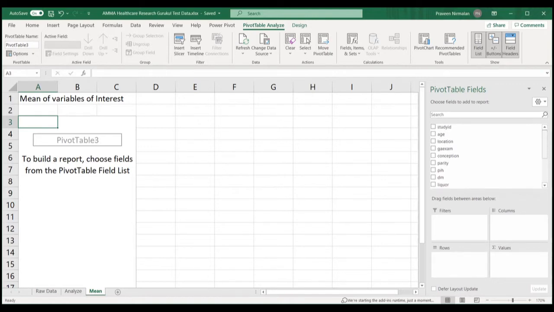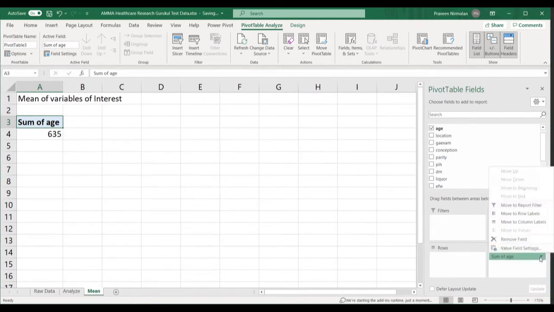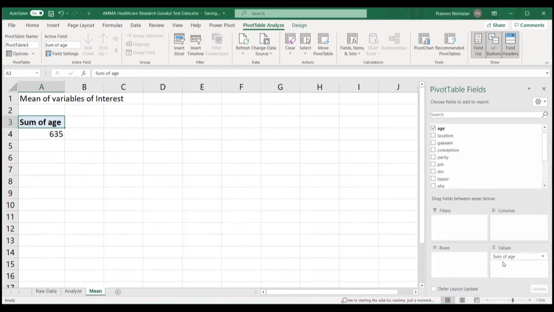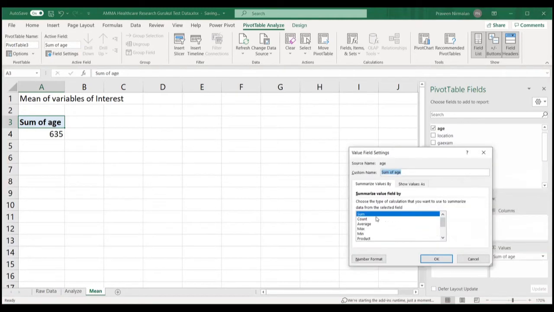Now let's just say that I want to look at the means. I'm bringing this down to the values. I can drag it down, and I want the mean. So I put it in values, and then it shows automatically sum of age. You see a drop down menu next to it. I'm clicking on that. I'm coming to value field settings, and then summarize value field by, I'm clicking on average,